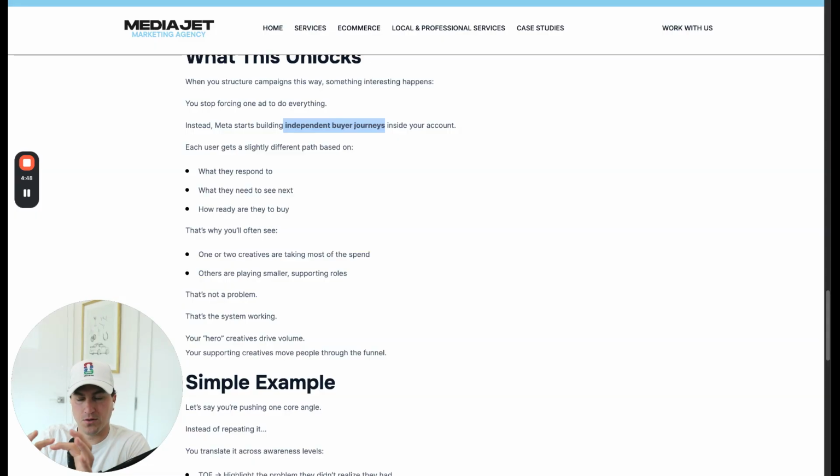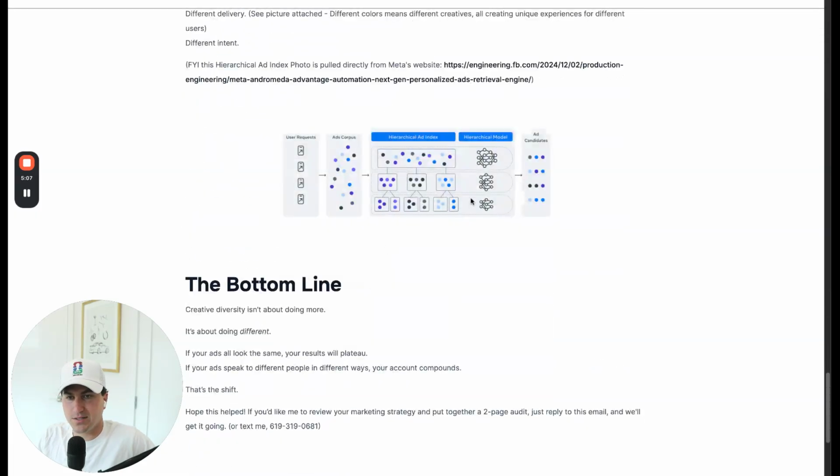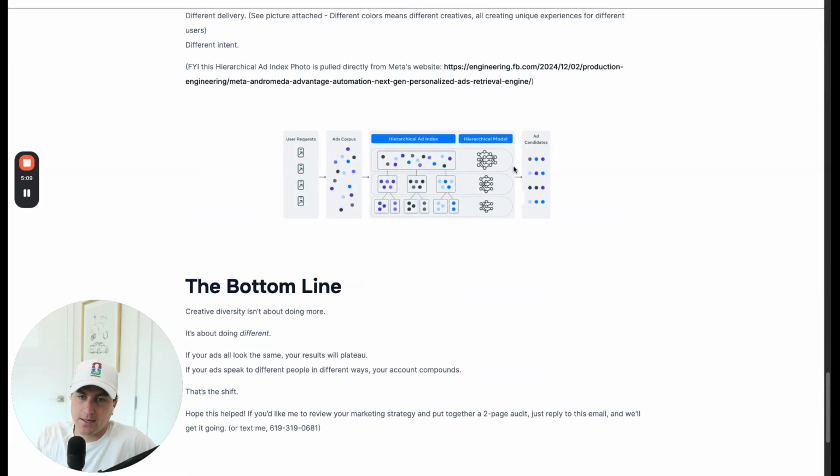I'm assuming the bottom of the funnel assets were taking a majority of the spend, as well as the top of funnel assets. But Meta's Advantage Plus will then tailor the other creative assets in a different part of the journey. And that's exactly what we want. That's a healthy funnel.